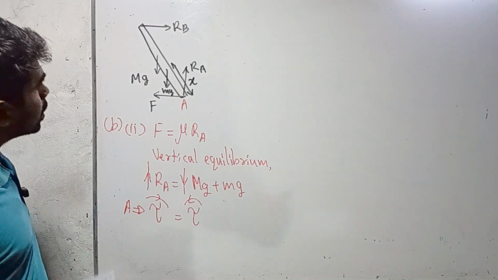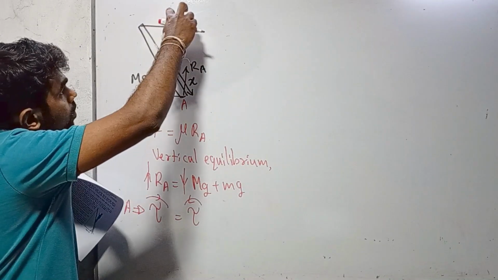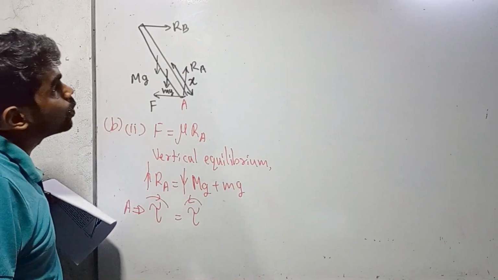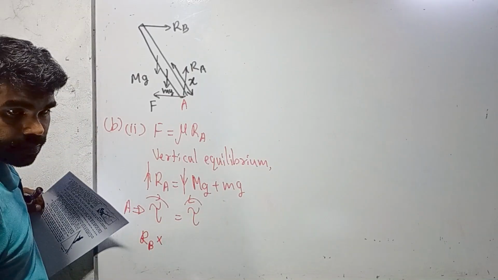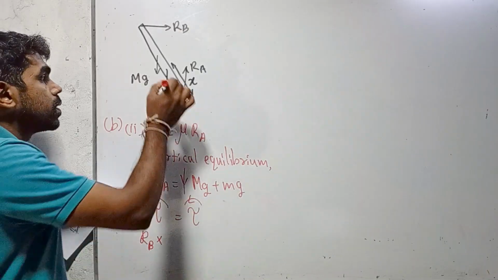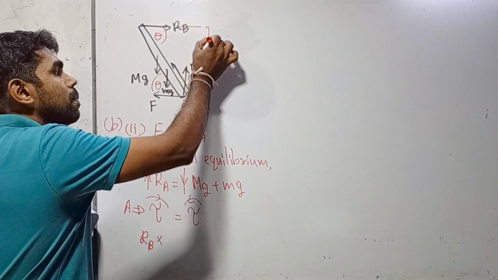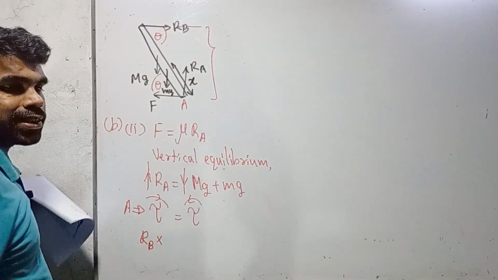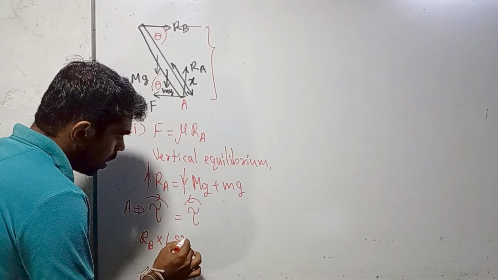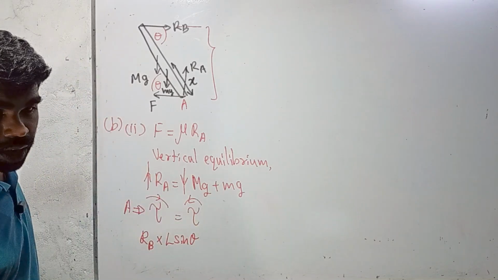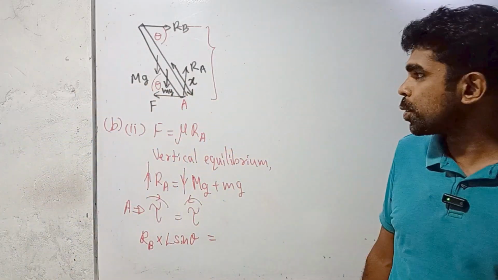When getting clockwise torque, there is only one force acting on the object that goes to clockwise torque. It is Rb. Rb multiplied by, if this angle is theta, this angle also theta, we have to multiply by perpendicular height. Length of ladder is capital L, then we can write this height is L sin theta. Rb L sin theta should be equal to, there are 2 forces that go to counterclockwise torque, capital